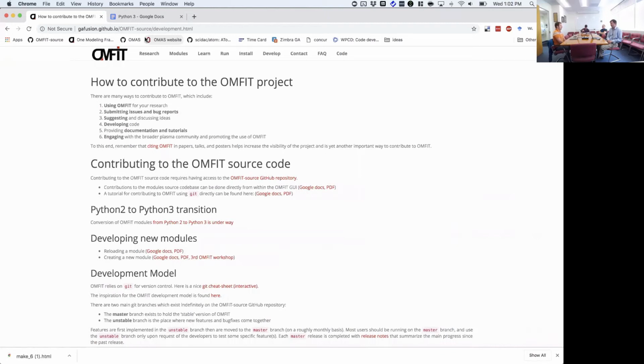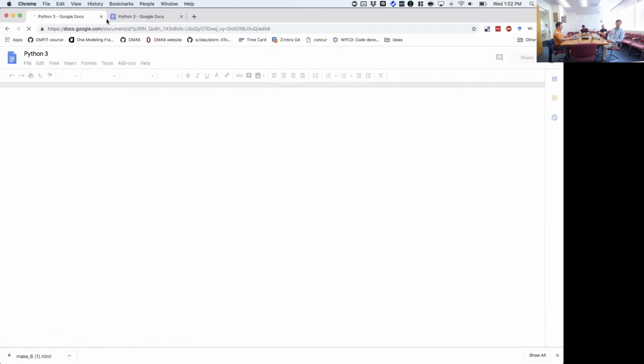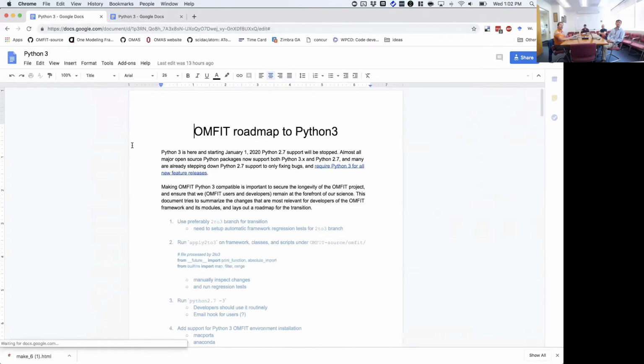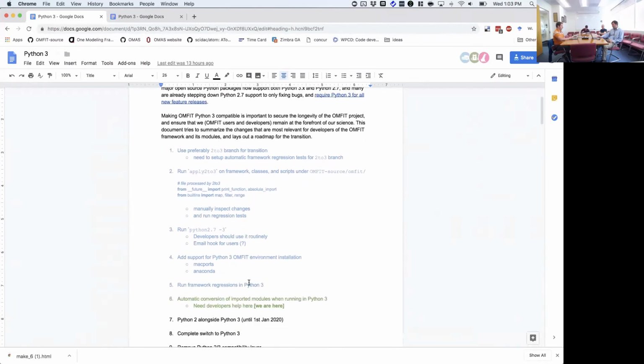Just to orient everybody, if you go on the OMFIT main documentation website, under develop, there is this section, Python 2 to Python 3 transition, and if you click here, you'll end up at this document, which explains the roadmap that we're taking. Python 3 is here, and on January 1st, 2020, Python 2.7 support will be dropped. So this is why we are pushing for making this transition. This is the roadmap that we have